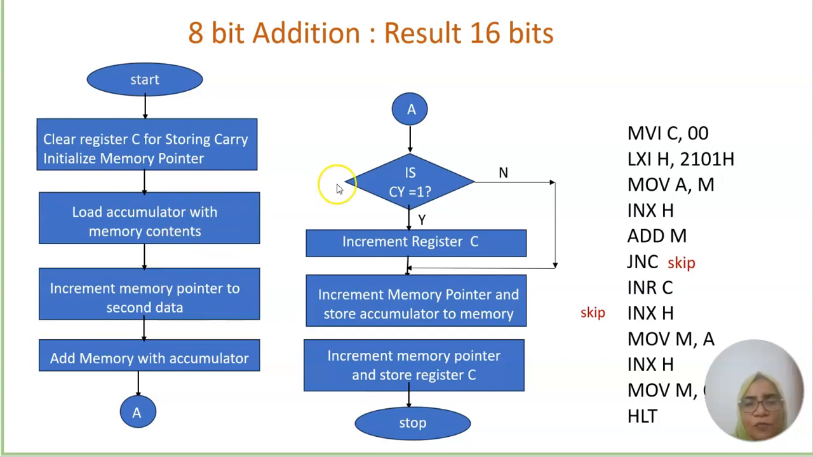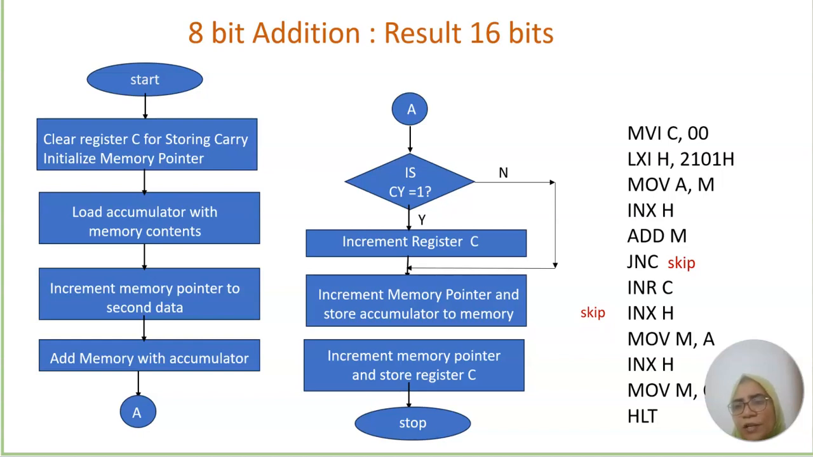Then we can map this flowchart into instructions. Clear register C, which can be done using the instruction MVI C, 00. Initialize the memory pointer using the instruction LXI H, 2101. 2101 contains the first data. Then it is moved to the accumulator using the instruction MOV A, M. Then increment the memory pointer, which can be done using the instruction